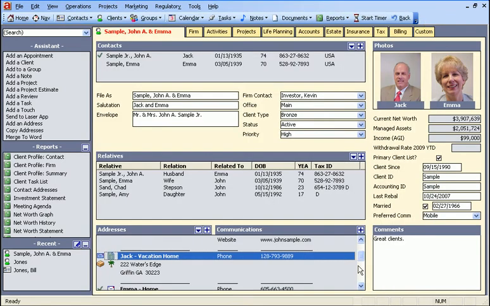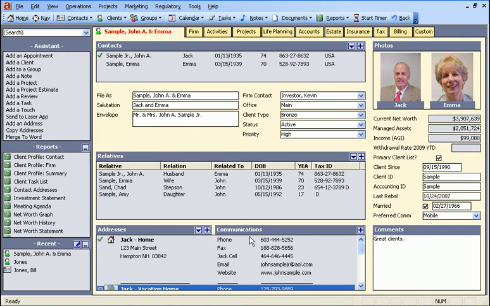Also notice here under the communications area that we've attached some communication items such as phone, fax, cell numbers, email addresses, websites that relate to the various addresses for our sample client. Also from the client profile, there are some grayed out monetary fields here on the right, such as current net worth and managed assets. If we click on the Accounts tab,